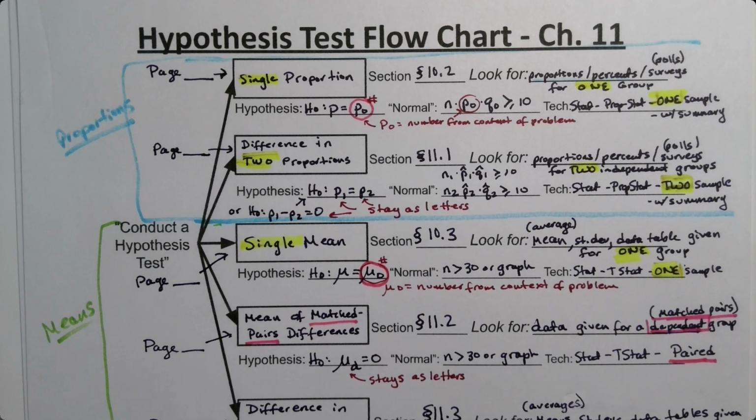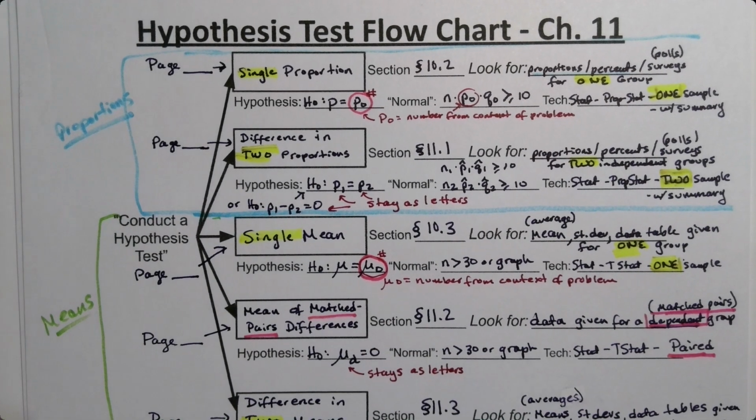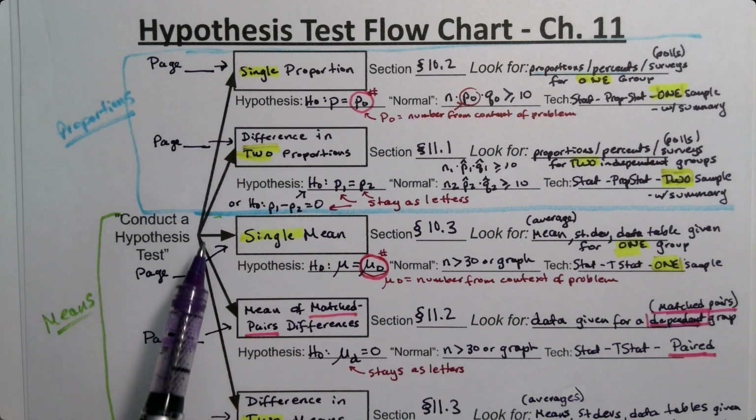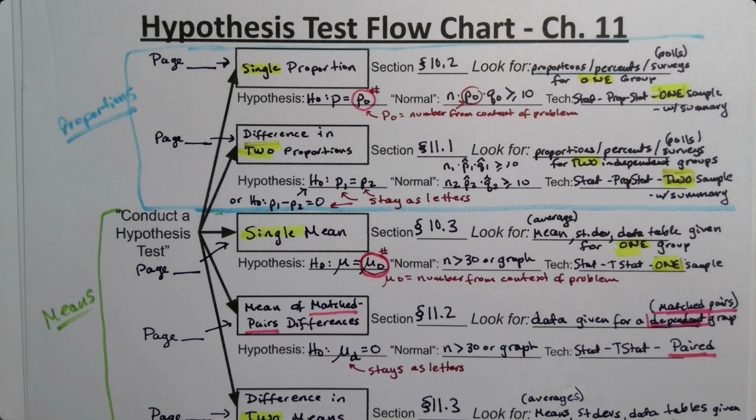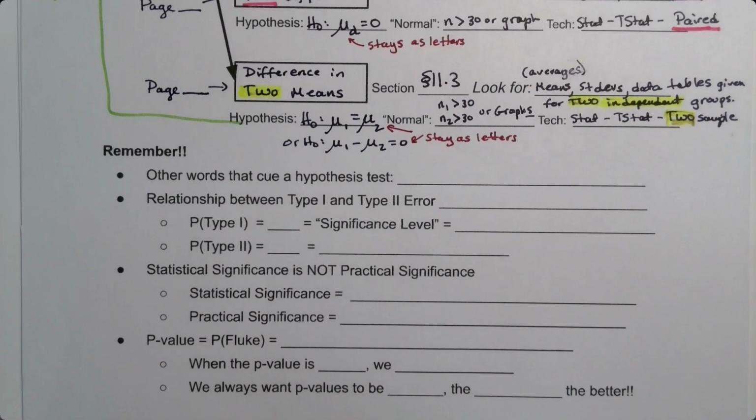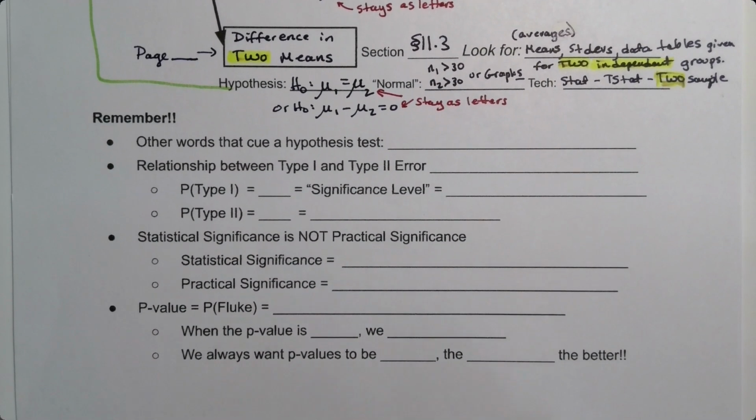So we filled in the top part of the flowchart, and one of the key pieces is to make sure you put your page numbers on this so that you can use it to help you refer to your exam notes packet and know what type of formulas you need to use, etc. So now we have to remind ourselves of all the little bits and bobs regarding hypothesis tests that